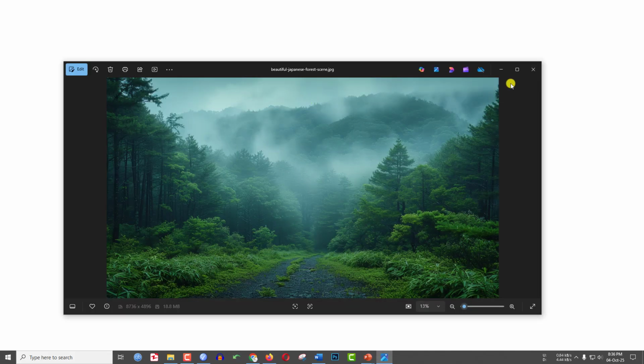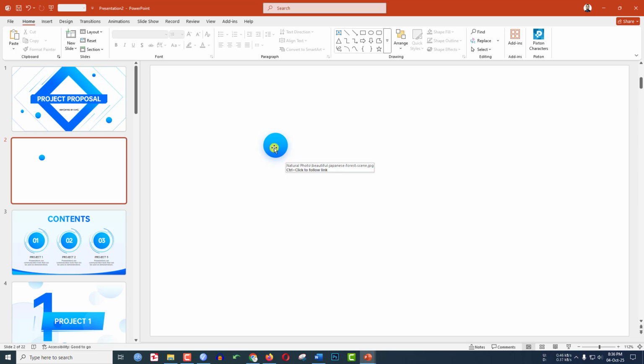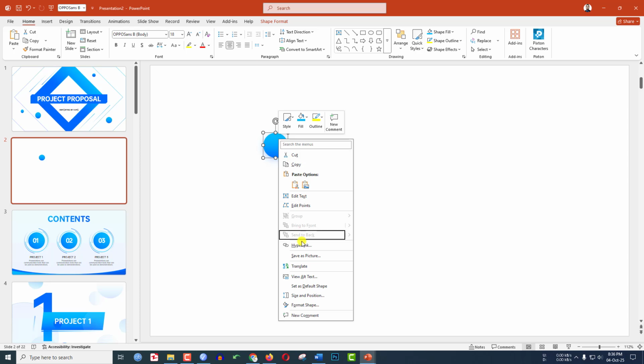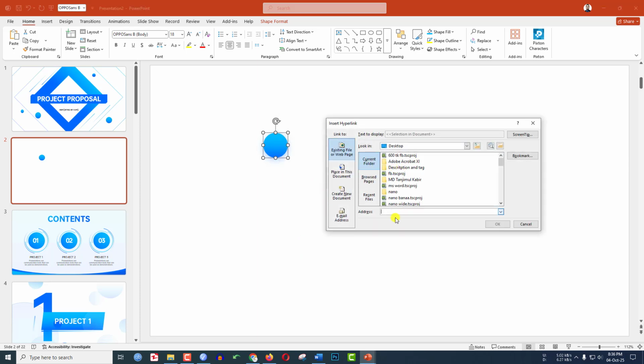If I click on this picture, the nature photo will be appeared. Let me press the escape button to go back. Click on right button. Go to remove link. Again click on right button. Go to hyperlink and let us write our address